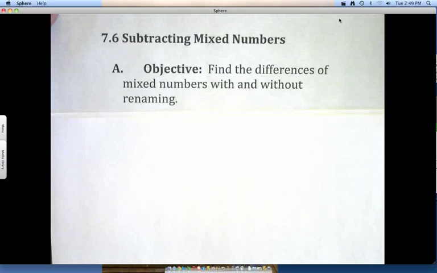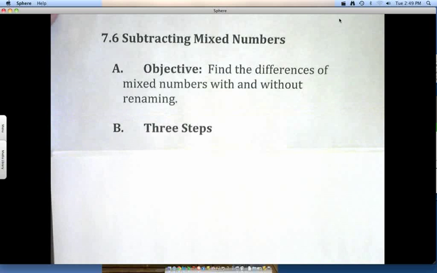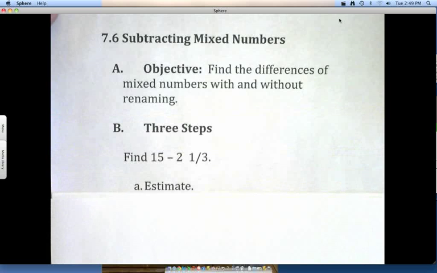One way to add or subtract mixed numbers is to add or subtract the fractional parts and then write the whole number parts, and that is without renaming. Sometimes whole numbers or fractions need to be renamed as well. So there are three simple steps to remember. The first one, and we'll use the example 15 minus 2 and 1/3,